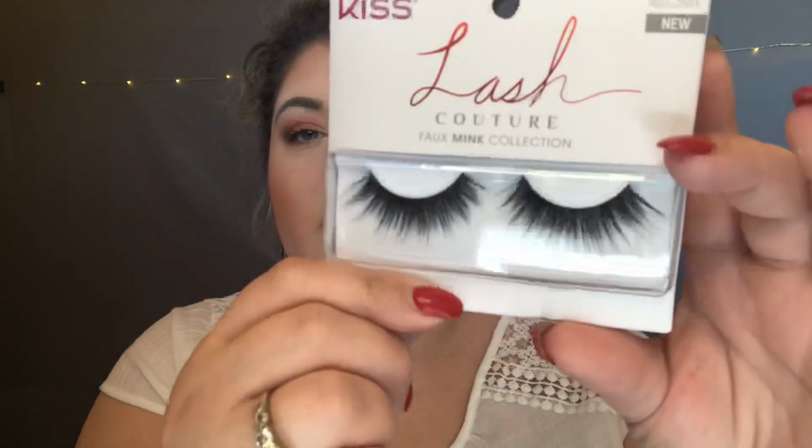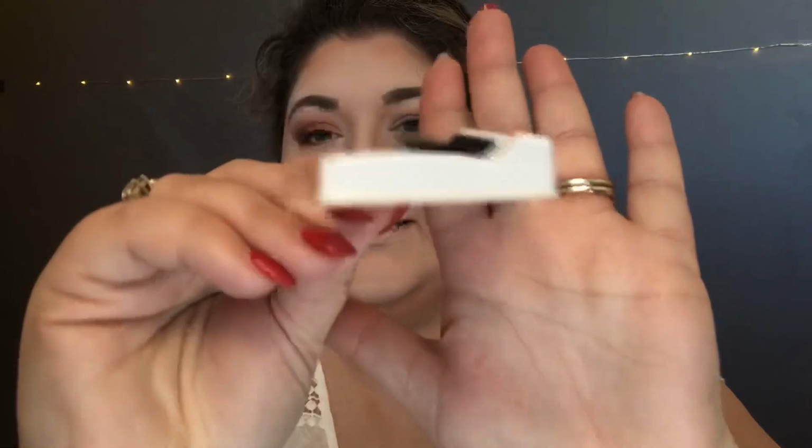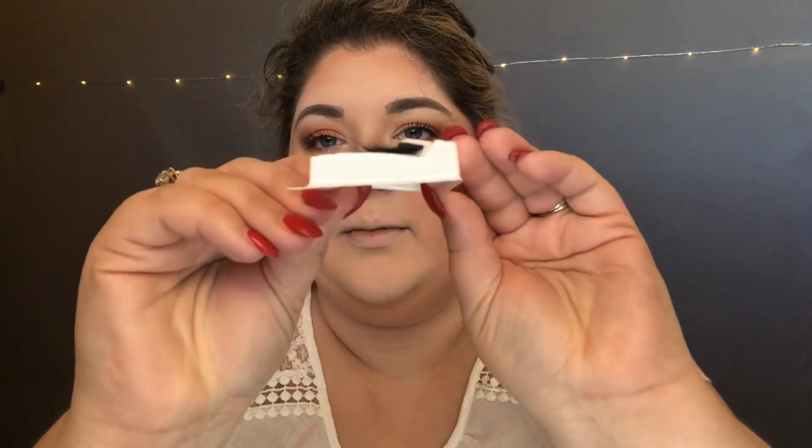So I got, for lashes, the Kiss Lash Couture Faux Mink Collection in the style Gala. They look really wispy and thick and pretty. I don't know if you guys can see, but these lashes have multi layers to them, almost kind of 3D, which I know that Kiss has the 3D lashes, but I did not think that these were in that